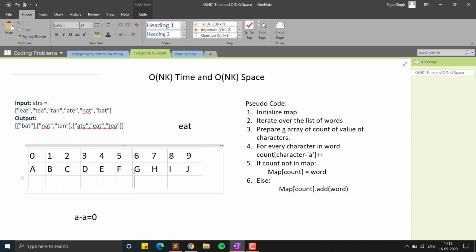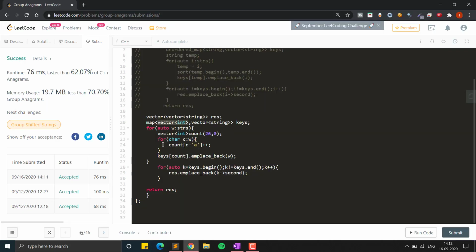For every character we are counting its instances or occurrences. That's why we are using that, and similarly we iterate over the list, and then we have to create the count vector for every word. So I'm creating it and initializing it with 0, or you can initialize with -1, that doesn't matter. Then we iterate over every character in the word. Now I showed you how we are doing this count: c minus a, in inverted commas. So c minus a will be 99 minus 97, so it will become 2.